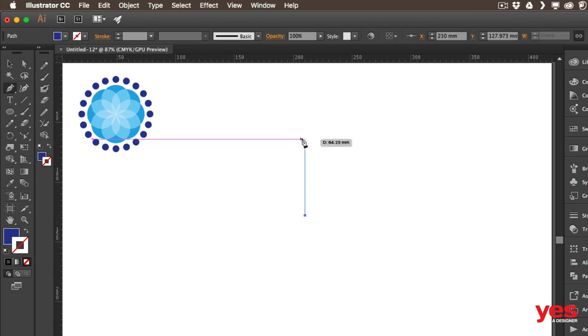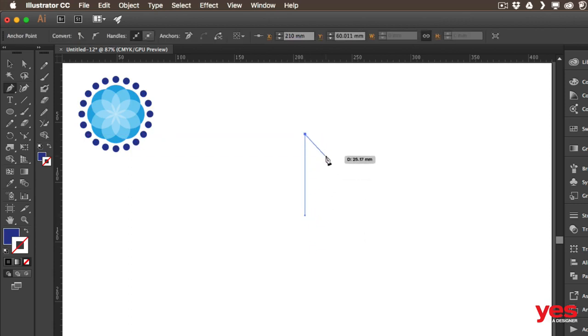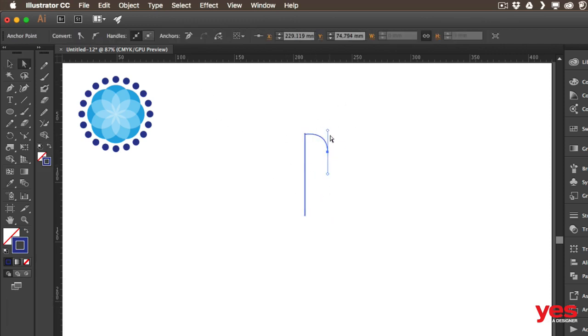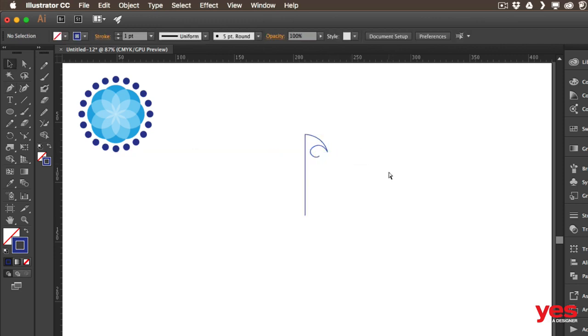So I will click, shift click, and then draw a line like this, just to have a shape. And I'm going to actually press Shift X so it's using only the outline. I'm just going to slightly amend that portion of the path, and also add a little bit of finesse here at the end. I'm going to include an additional curl, just like that, just so we have something a little